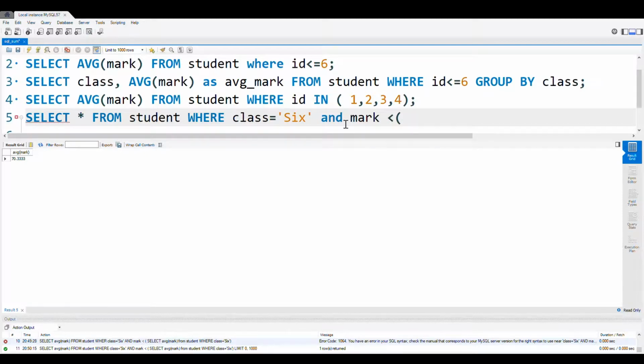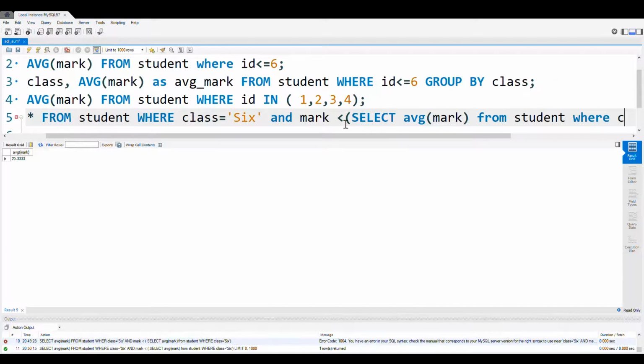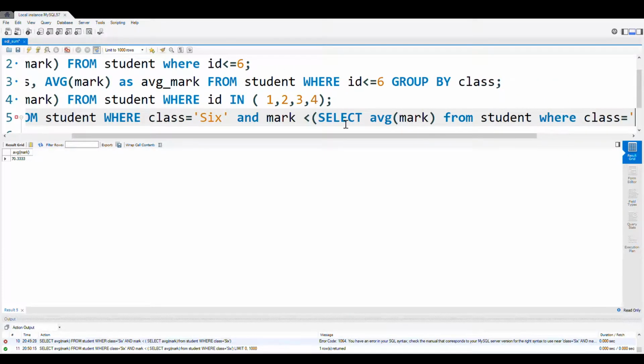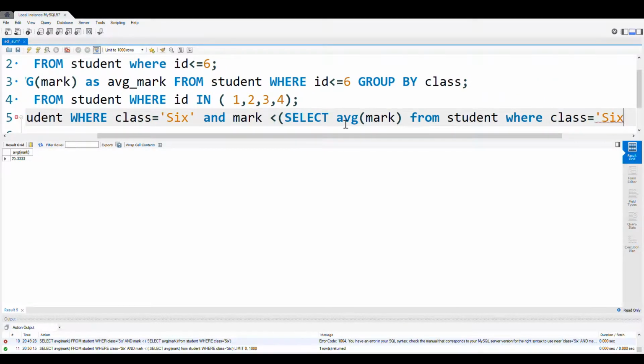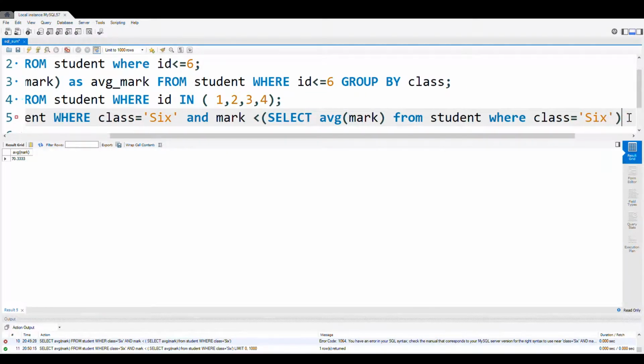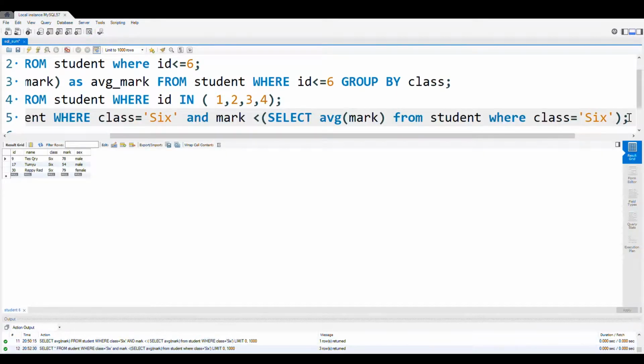Now the subquery, select average mark from student where class is equal to 6, and close the subquery. Okay, now let us run this. Okay, these three records are having less than the average.